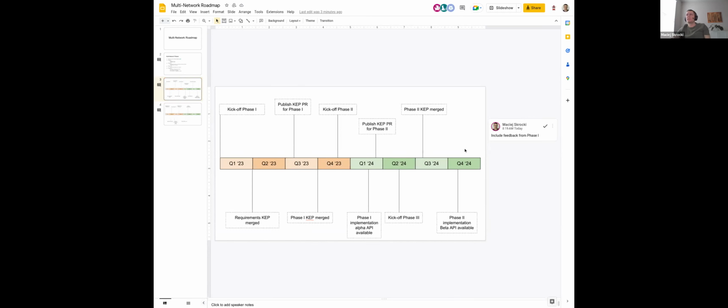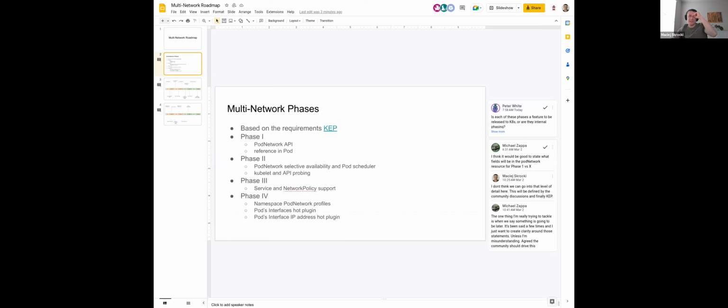Okay. Any other questions on this? One more note: this is initially why Michael proposed doing this, to identify what we should focus on in specific phases. This came up last meeting, where we started talking about some things which we said are going to happen in later phases. So that's why I'm trying to point out what we are focusing on this quarter: the generic API and the ability for it to be referenced in the pod. That's what we are focusing on today.